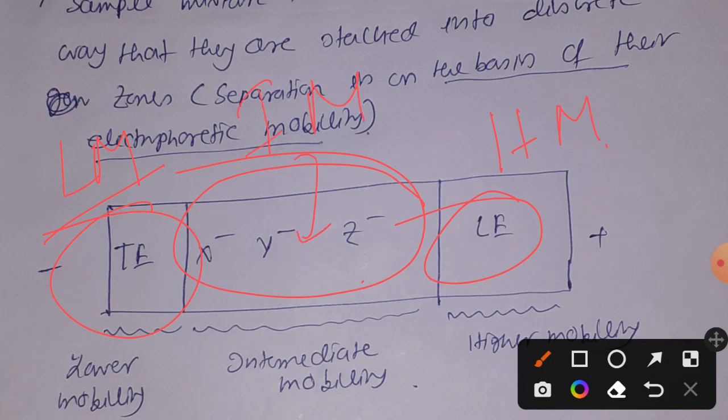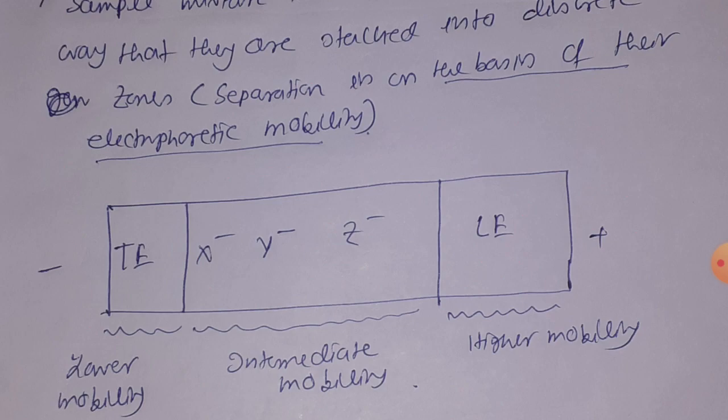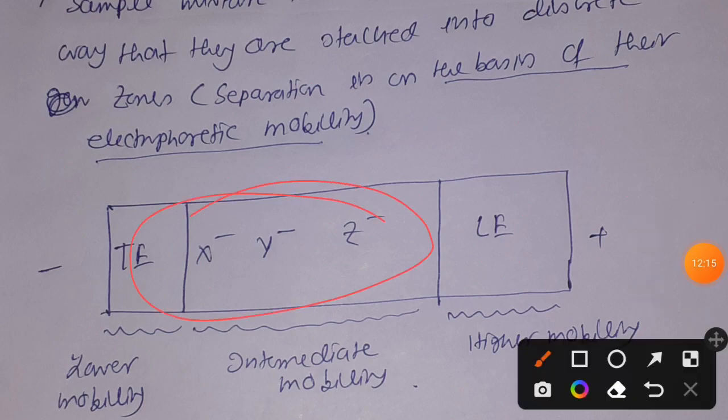Okay, now when we switch on the current, the leading electrolyte will migrate towards its preferable electrode, then the intermediate electrolyte will move, and in between, the samples will move on the basis of their differences